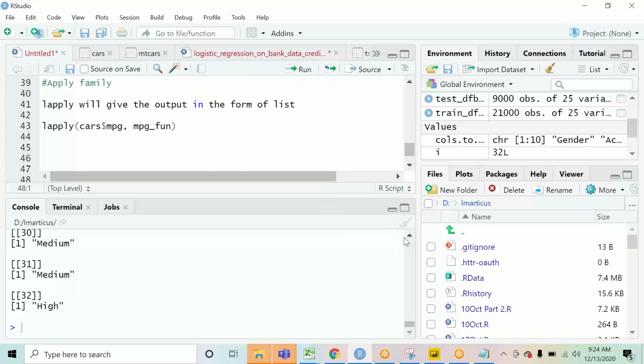Okay. If you see this, the output, it has generated the same. It has given me the same output.